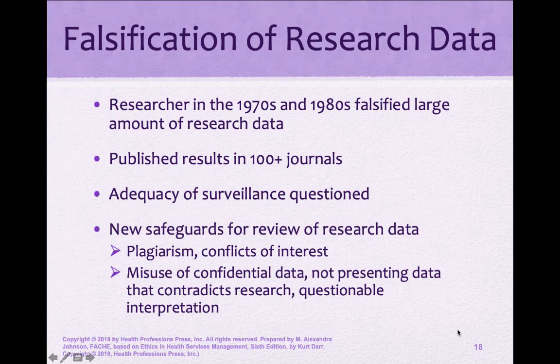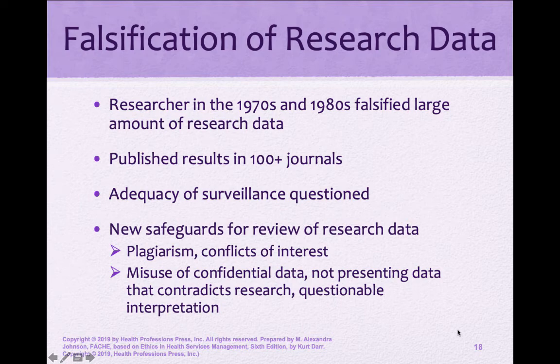So when I do reviews for several journals, when I get an article, I don't know who wrote it. I just look at the information. And in this case, it was debunked, and The Lancet put out an apology, stating that it was completely falsified. But people still rely on that information and use it as their argument to not vaccinate their children. So there has not been, to my knowledge, a legitimate study that has shown any connection between autism and childhood vaccines. That's how important it is that we use ethics in our research.